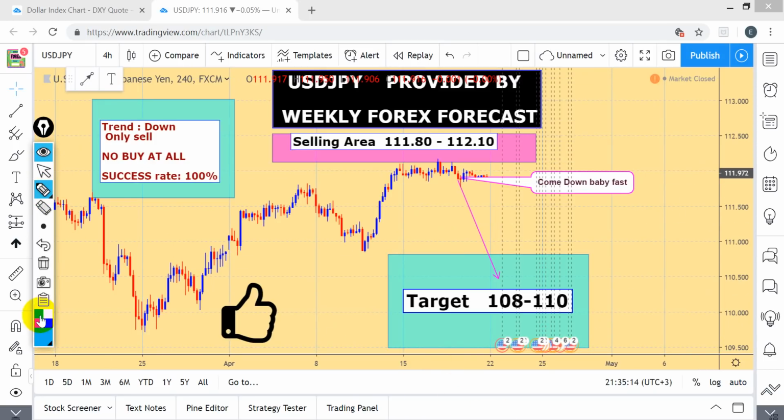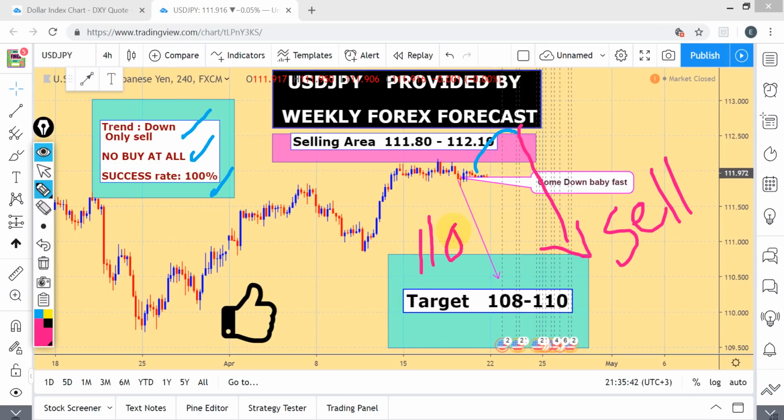So you can see here we have only down. There is no buy at all. Success rate is, we forecast, we are confident by 100% this is gonna come down, and it's gonna come down fast. Even if it does go up, I don't think it's gonna go up much, maybe 20-30 bips like that, then it's coming down. Okay, so we're really looking for the sell USD JPY, and our target will be from 110.80 down all the way to 108. Okay,